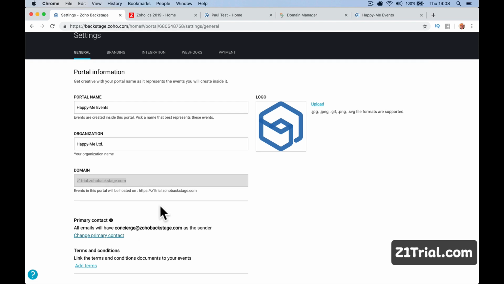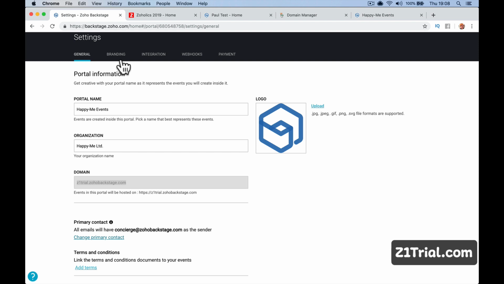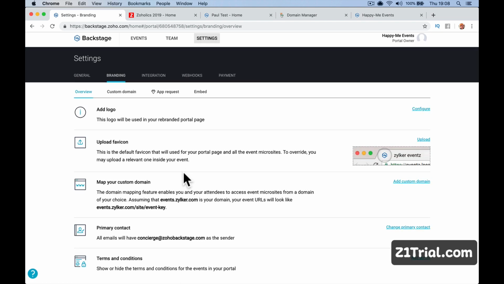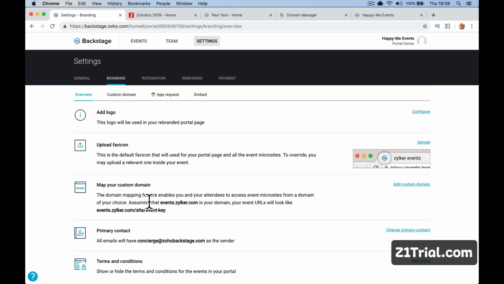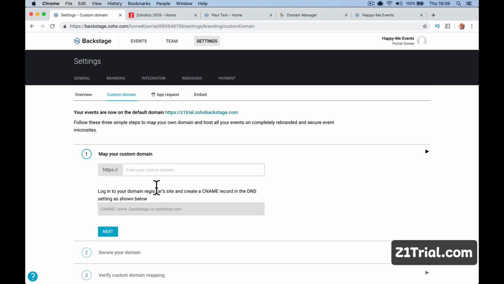Right, so to change it, go to branding and then go here. The domain mapping feature is enabled, right? So if you want to change URLs, you want to change here, right? Just go to add custom domain. Now you're going to change it and say that it's going to be